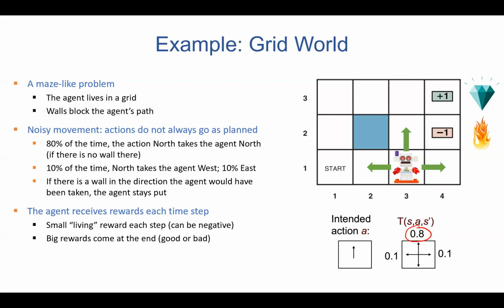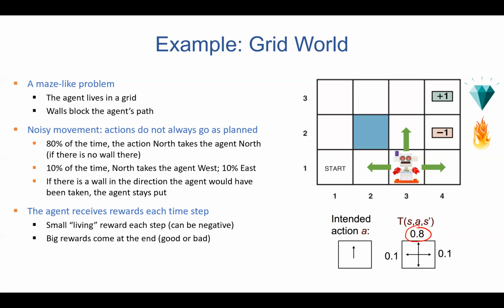That is the big reward. When the game is finished in the intended state that you want to be in, you're going to get the biggest possible reward of playing that game. So that's one big reward that comes at the end. It can be a good reward or a bad reward, because even if you are in this square, there might be a 10% chance that even if you want to go north, you might end up falling in a fire pit and destroying your robot, right? So there might still be a chance that you might have a negative reward.